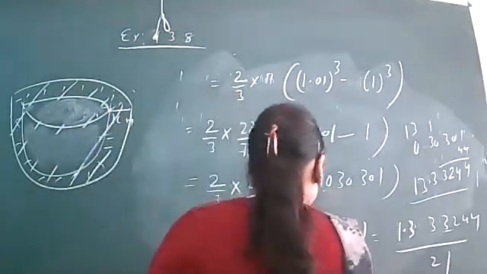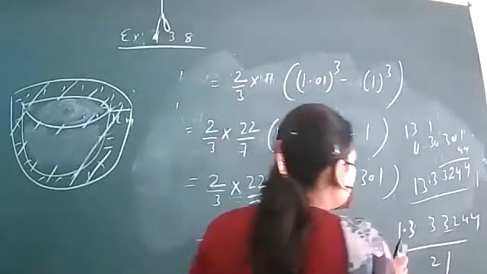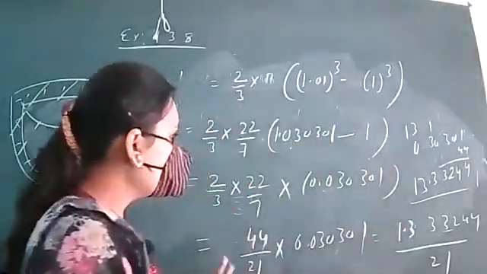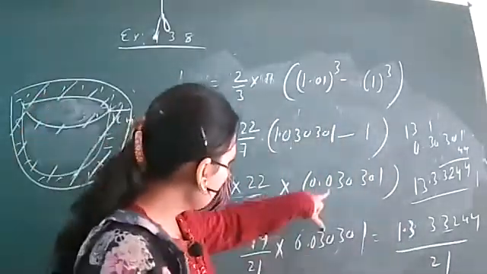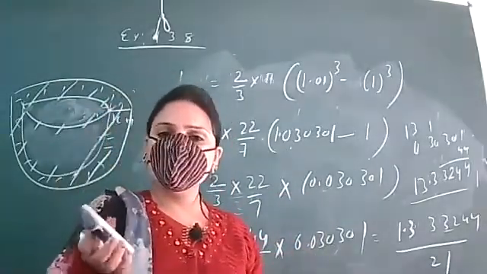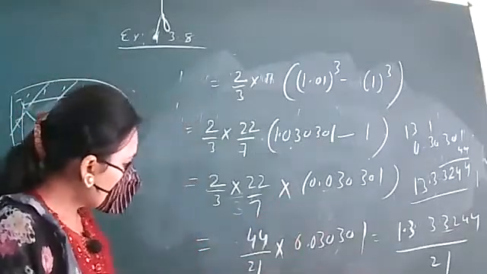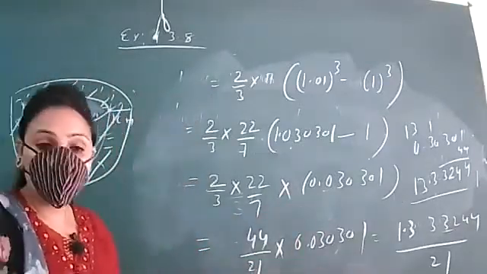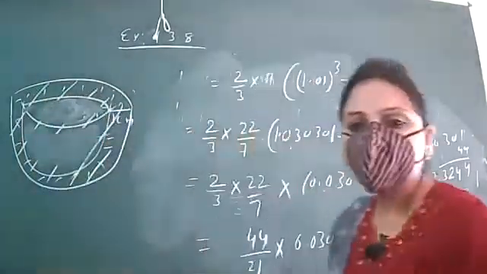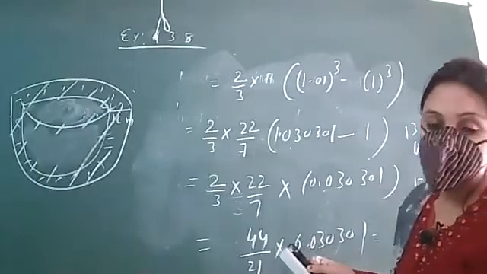Okay, a mistake in writing here. Yes ma'am, 0.03. Accordingly the answer will differ a little bit, otherwise it will be okay. Alright? I left out one zero here. Place it, multiply and divide by 21 and you will get the answer. Alright? Not a major mistake. The zero was missed from here, put it in, multiply, divide by 21, and you will get the answer. Right? Okay Shivansh? Shivansh, am I clear?